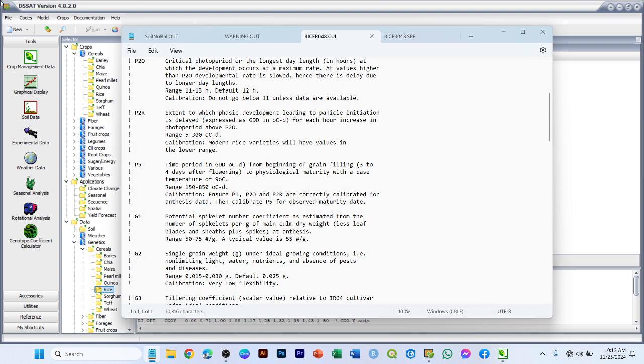It doesn't mean. So if you place the value below 5, there will be no result. Above 300, no result. Okay? The model will not be calibrated according to your desired results. So its range must be between 5 to 300. Okay? Clear? The third one,